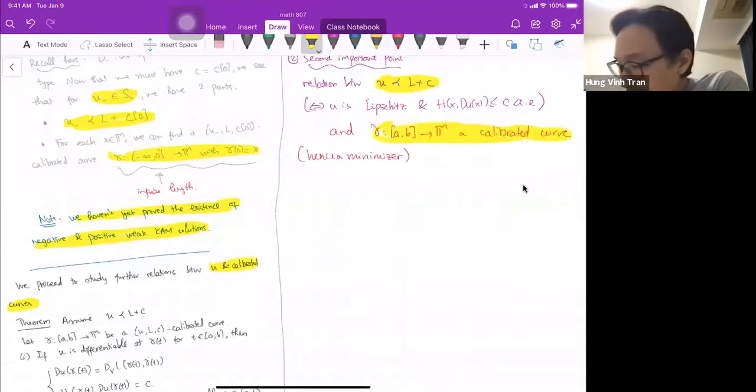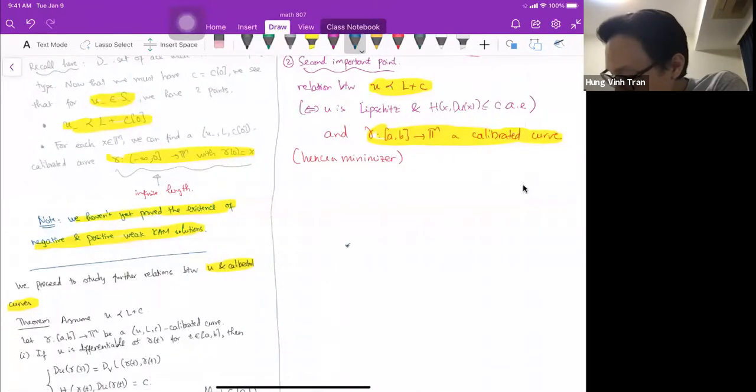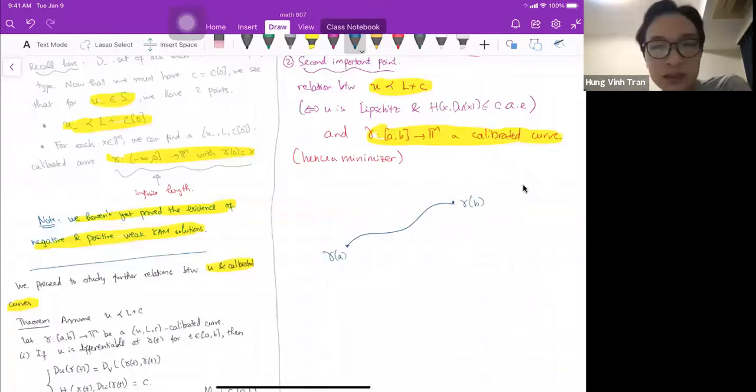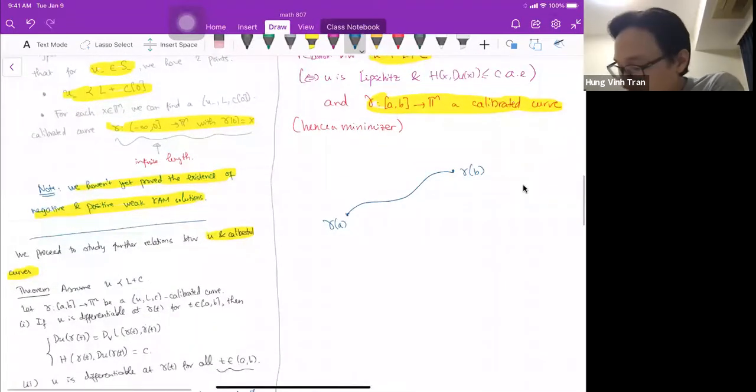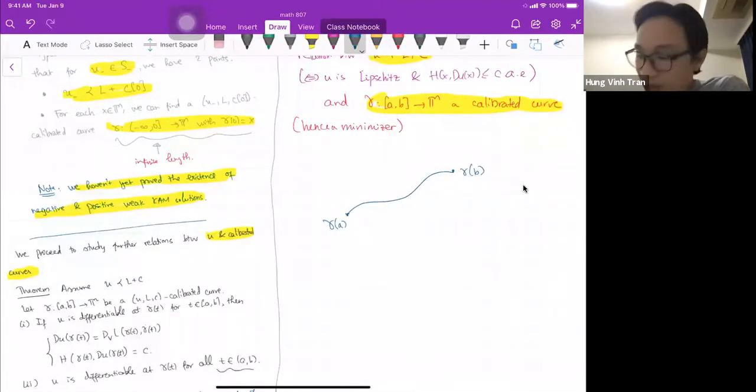And it turns out, okay, let me try to draw a picture. So again, it's a naive picture anyway. This is gamma a, this is gamma b. And because it's calibrated, we have shown that in any subinterval it's still calibrated, or it's still a minimizer. So the first claim is regular. That's what I'm going to prove first. I'm going to skip the first claim and describe to you right away the second claim, and how important it is. So that's the second claim.